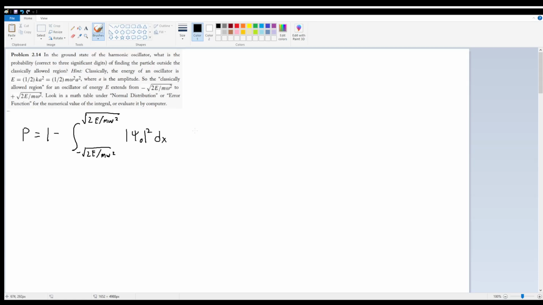There are a few replacements we can make. First off, we know that the ground state energy of a harmonic oscillator is going to equal 1/2 h bar omega. So we can substitute that into our limits, and we also know that psi naught is equal to (m omega over pi h bar) to the power of 1/4 multiplied by e to the negative m omega over 2 h bar times x squared. So we substitute these all in, and our probability is going to equal 1 minus, and then everything squared,